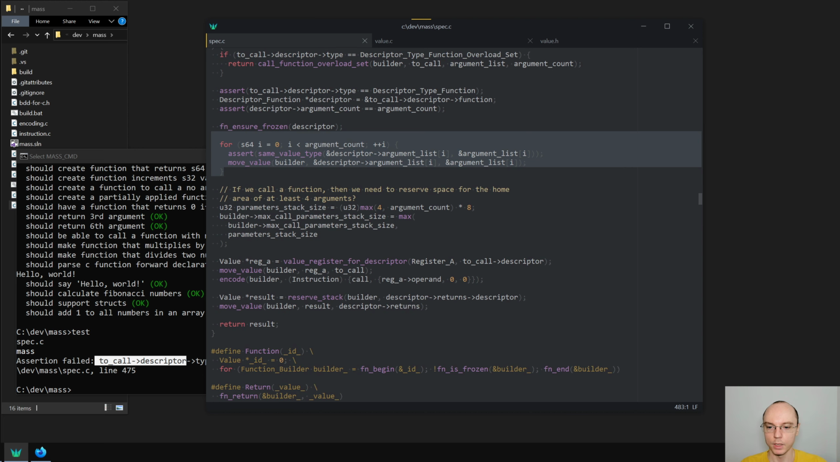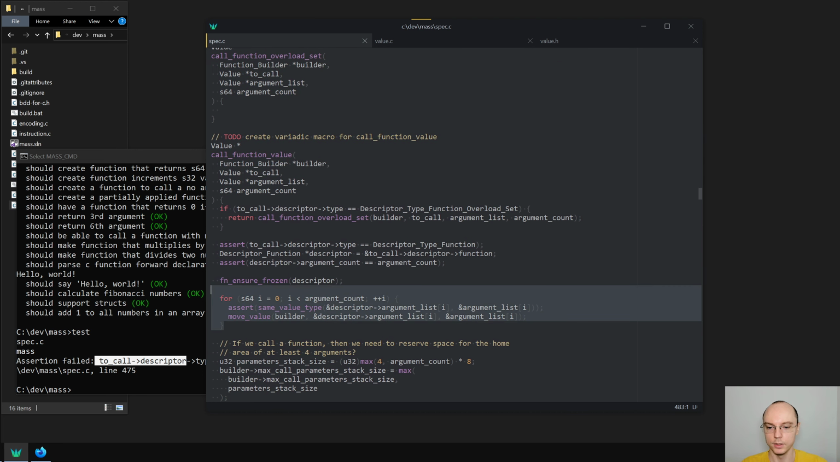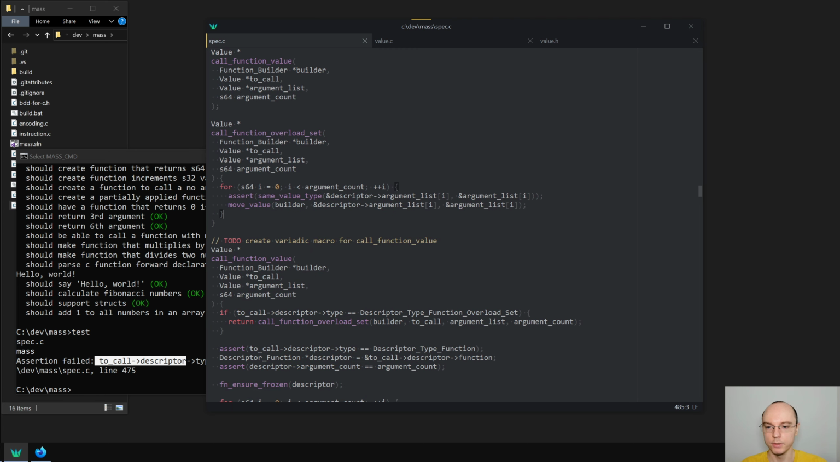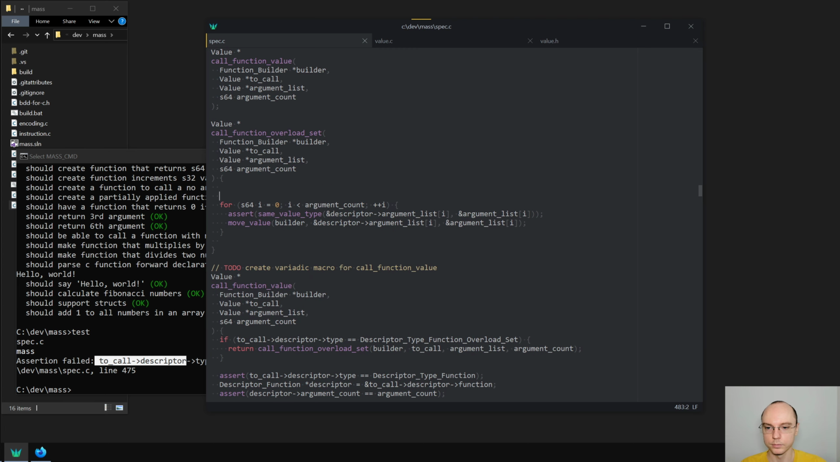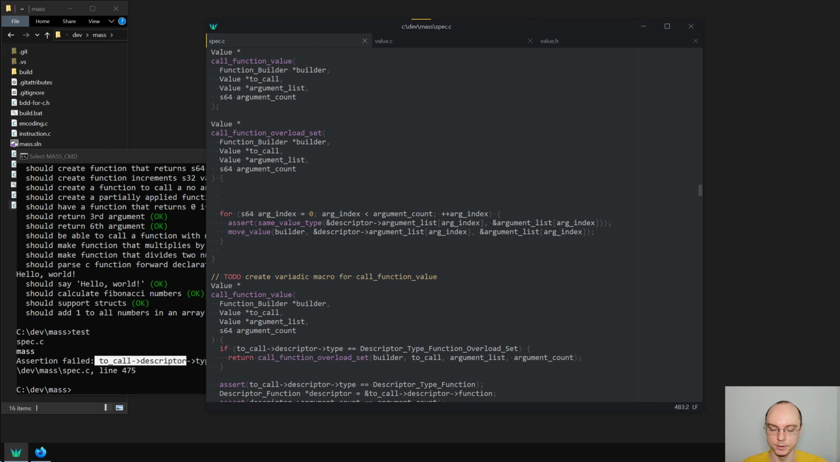For that, we need to basically take this code. I could abstract away, but for now, let's just copy it. Let's rename this I to something more speaking, calling it arg index, because we'll have two nested loops here, and it is very, very confusing if you name your index I or j in those cases. So S64 overload index is 0, overload count